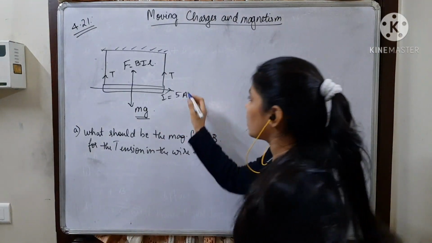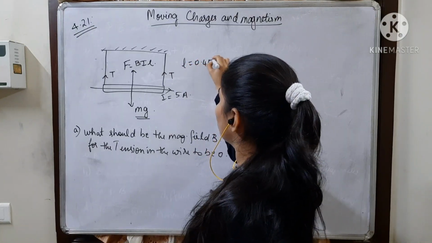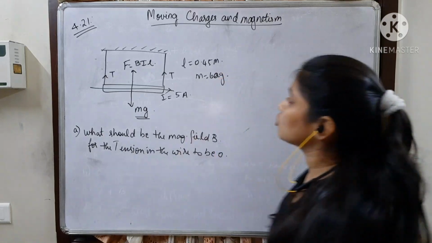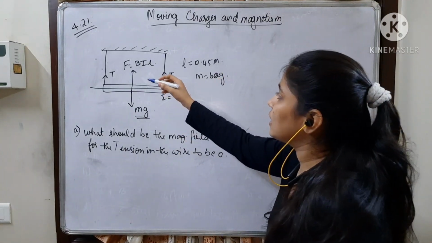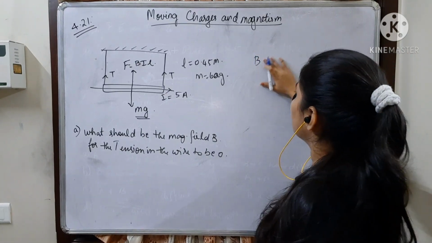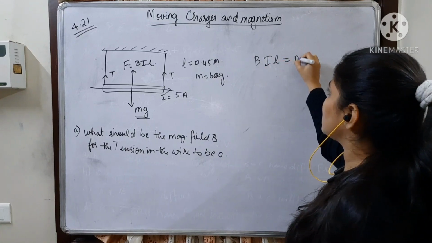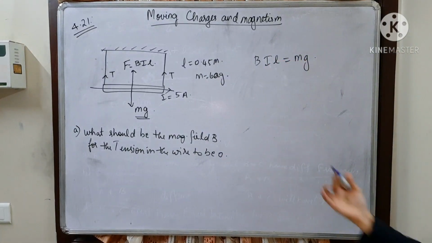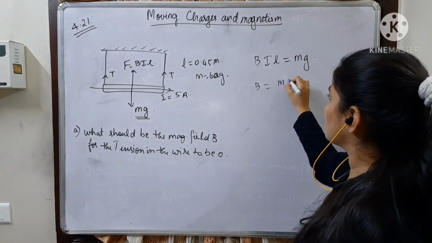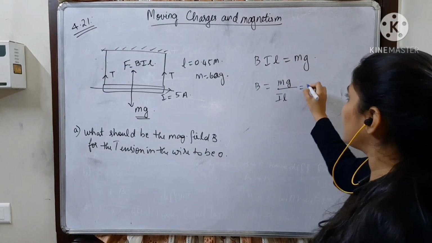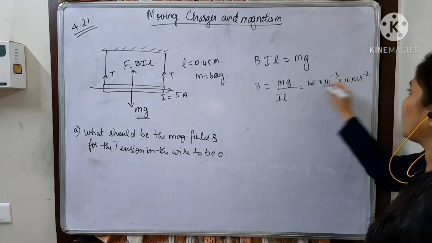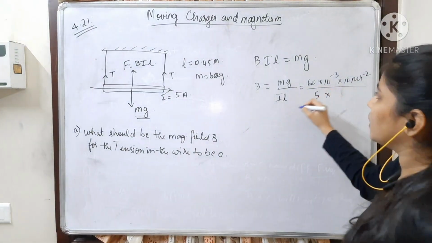So we have our values. L is equal to 0.45 meter and m is equal to 60 gram. Using those inputs, we will find out the magnetic field B. First I'll write BIL, that is the force, should be equal to mg. Only then will the tension be equal to 0. Then B is equal to mg divided by I into L. So m is 60 into 10 power minus 3, into 10 meter per second square, divided by the current, 5 ampere, and the length,